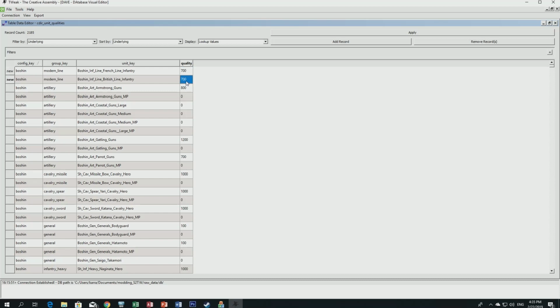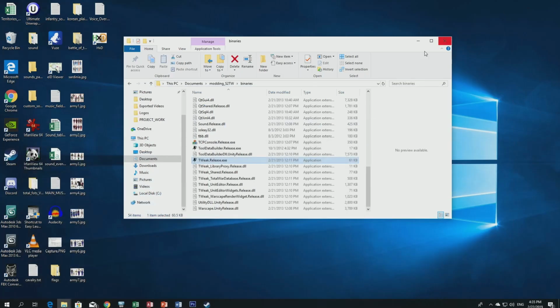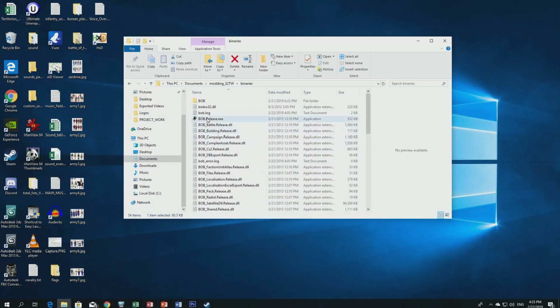That's it, and we click on apply, and that's it. And now we do the same thing as before again. We close it, and we're going to build the pack file. So remember, building pack files is always the